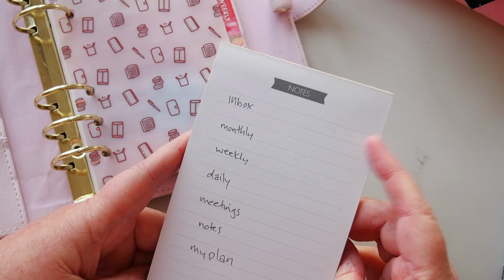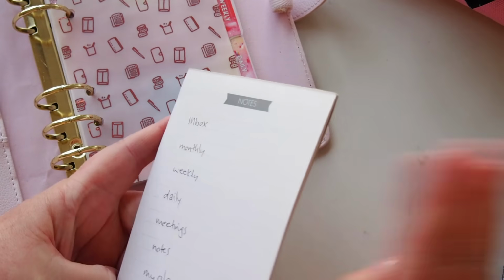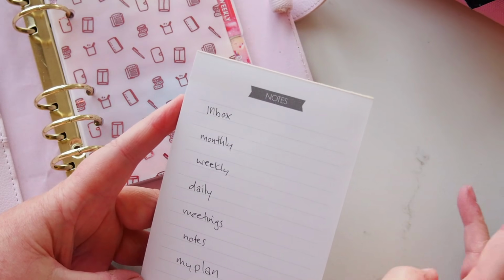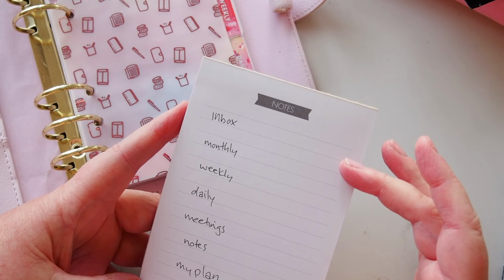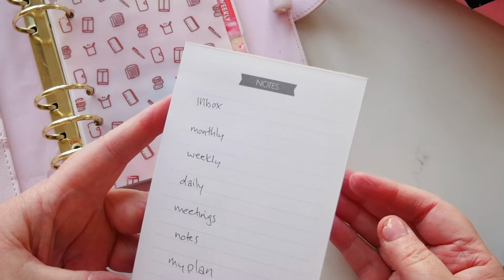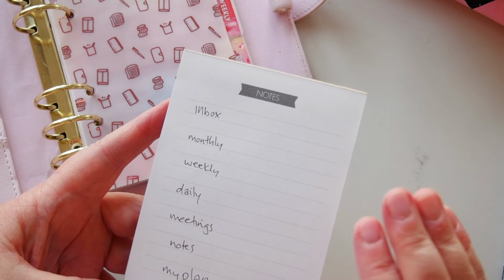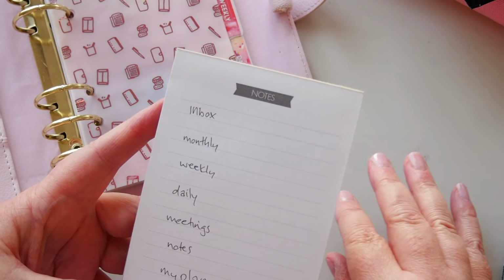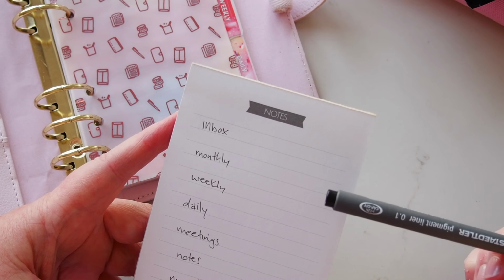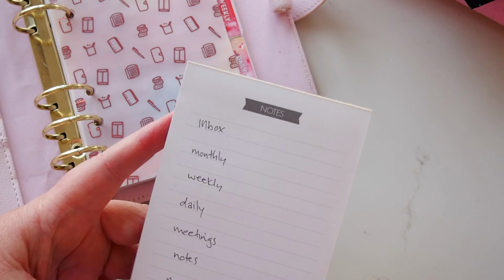I could also use it for like all the things. If I just want to sit down and write out a list of everything that's happening, everything that's in my head, just to get it out, I can put that in the inbox section, because it will eventually move to some other part of the planner. The idea of an inbox being that it's a file, a quick file that you then can file into the appropriate sections later. So I was contemplating whether to have a monthly section at all, and